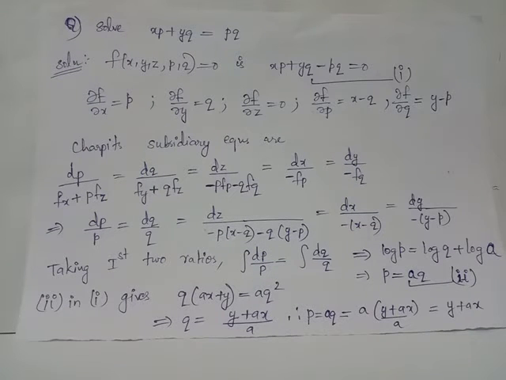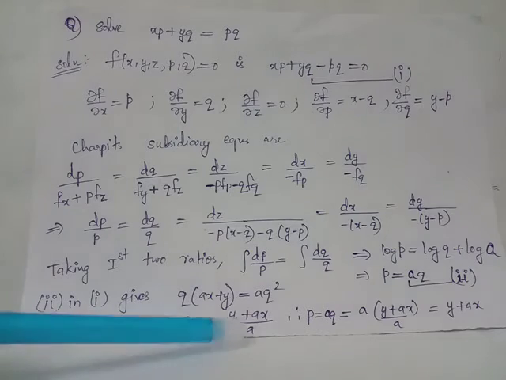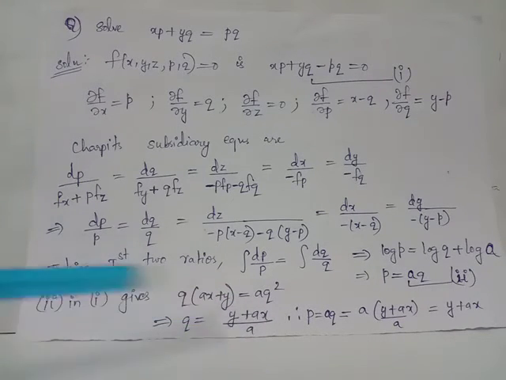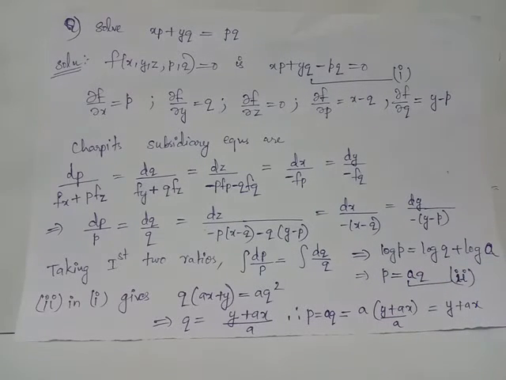What we did is, appropriately we will compare any two ratios in the Charpit's subsidiary equation. We will find out the relation between p and q, and we substitute the relation in the given equation, and we find out expressions of p and q such that p is independent of q and q is independent of p. Here q is the expression which does not involve any term containing p. Similarly, using this relation we could find out an equivalent expression for p independent of q. Once we have obtained such expressions, we will depend on dz equals p dx plus q dy and integrate to